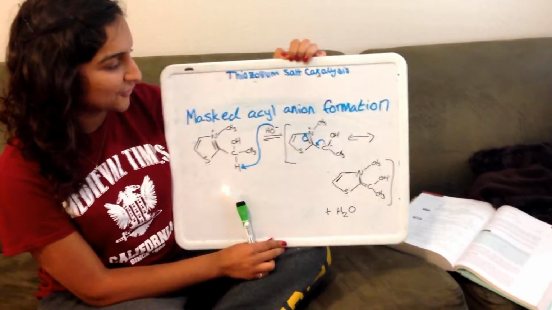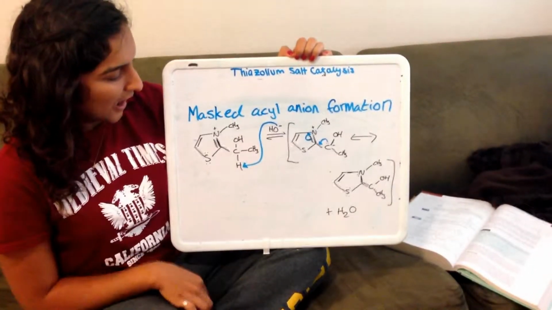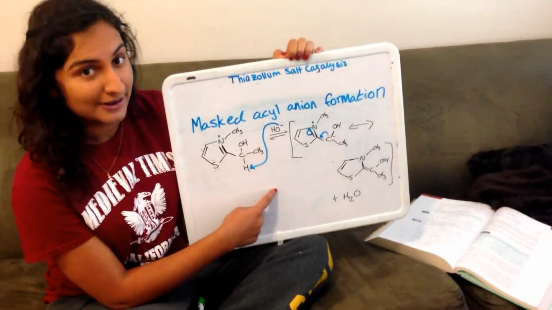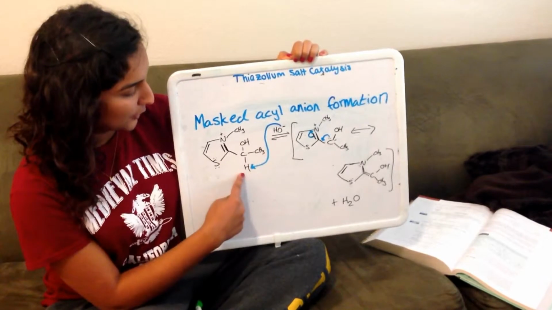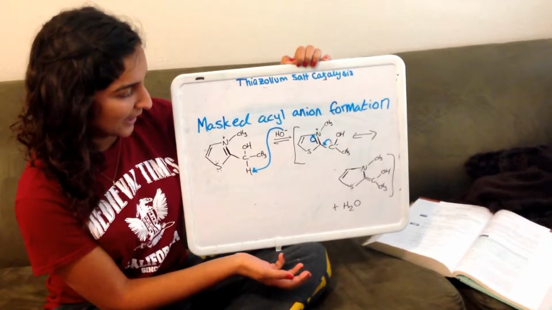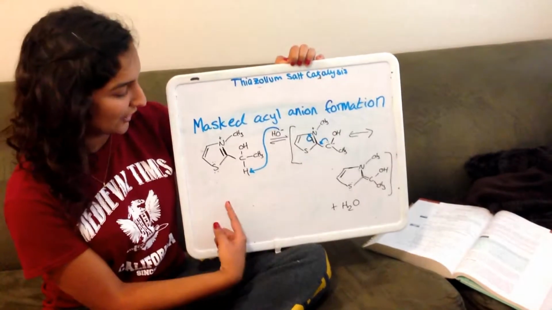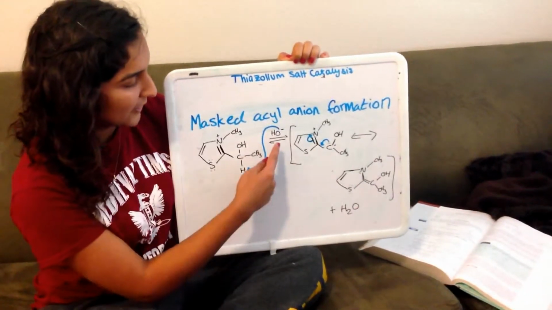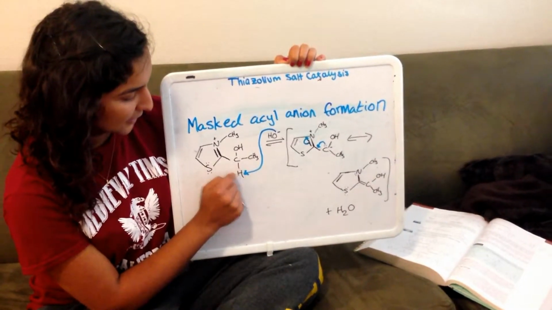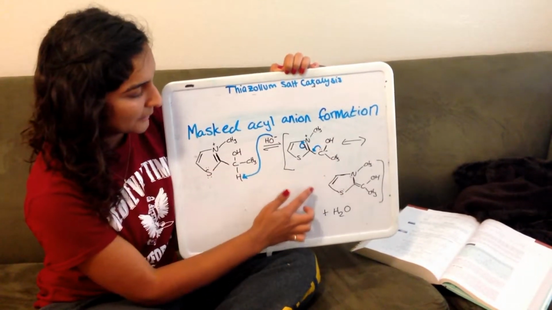The next step is forming an acyl anion. So what happens is that the hydroxide group that was generated in the previous step will deprotonate the intermediate in order to form an acyl anion, which is more stable than the current intermediate that we have. So when the hydroxide attacks this hydrogen, the hydrogen will give its electrons to carbon, and then it can participate